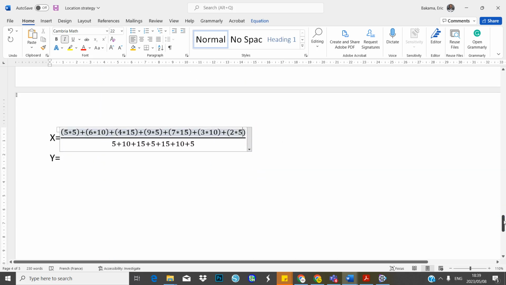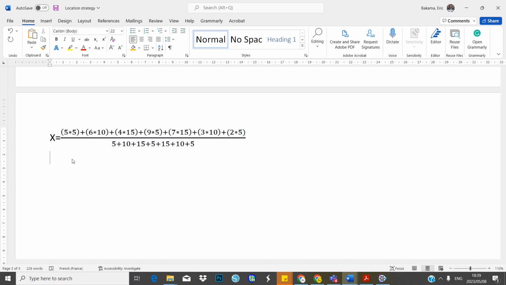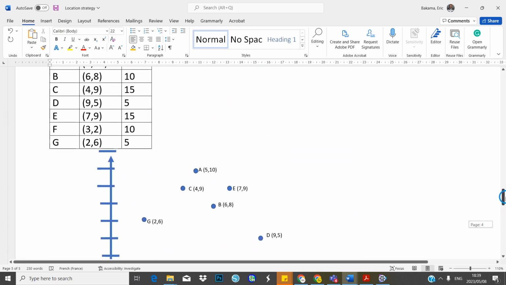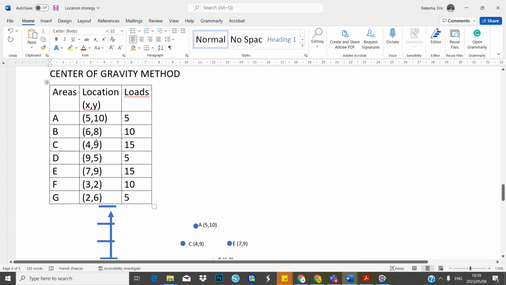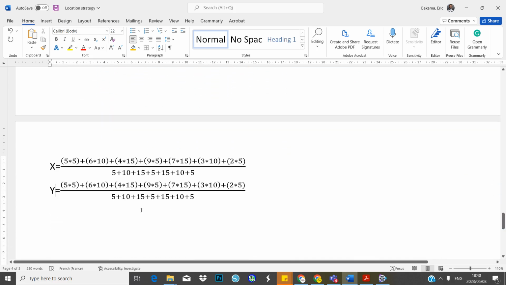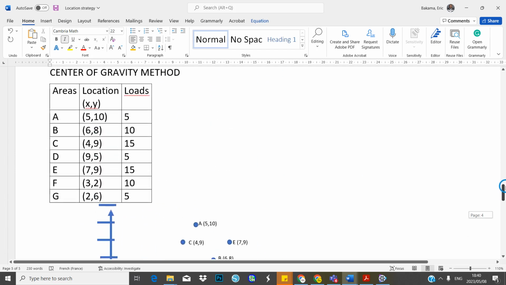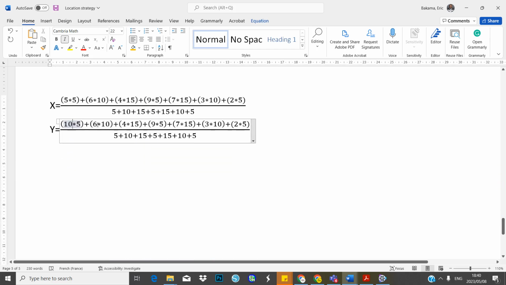Then based on that, you will do the same principle when it comes to y. When it comes to y, the denominator is still the same. That means the value that we have here is still the same, except for the location, for the coordinate. So we're going to go back here and look at the y coordinate only. This means here we'll get 10 times 5 plus 8 times 10 plus 9 times 15. So let's go back. We'll have 10 here, 10 is the y coordinate times 5. Then as I go, the other one is 8 times 10.